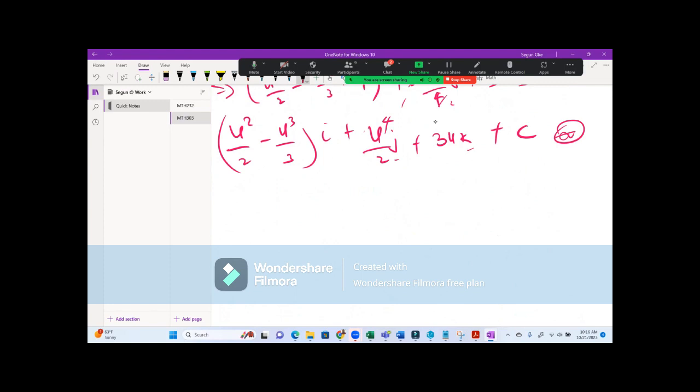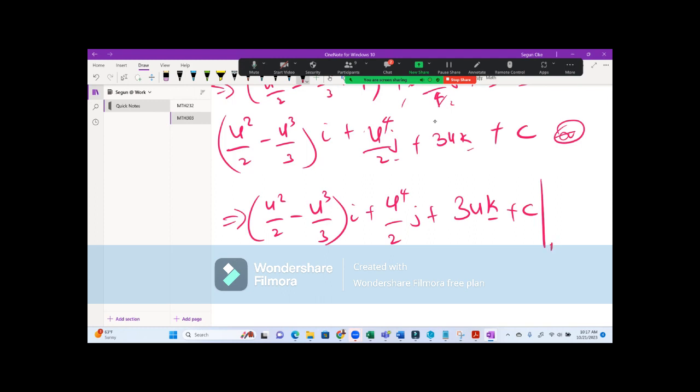So it's going to be what? So it implies u square over 2 minus u cube over 3 i plus u raised to power 4 over 2 j plus 3u k plus C, from 1 to 2. That's the volume. And that's the point where we're supposed to substitute. So you have to be careful at this point. You have to substitute it one by one. And minus, that is upper limit first, which means you need to substitute 2 first. Let's substitute 2. It will be 2 raised to power 2 over 2 minus 2 raised to power 3 over 3